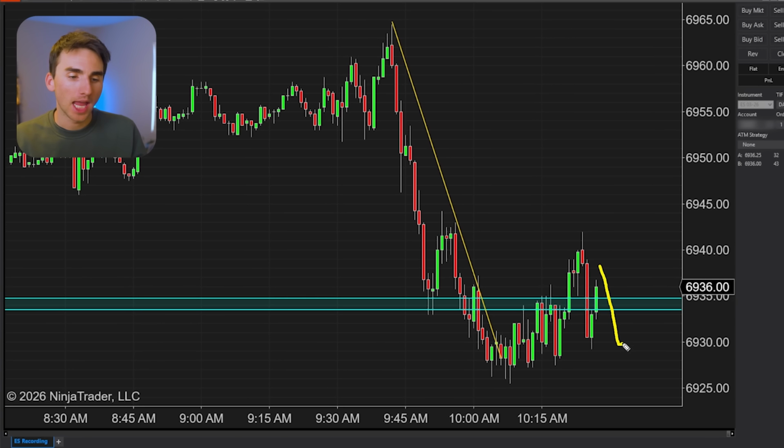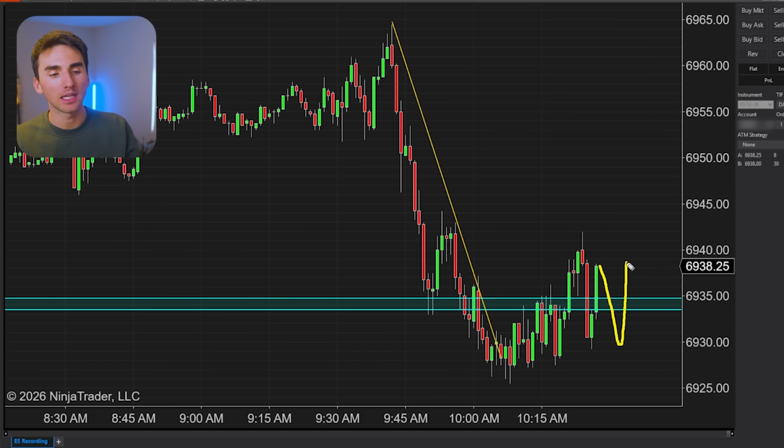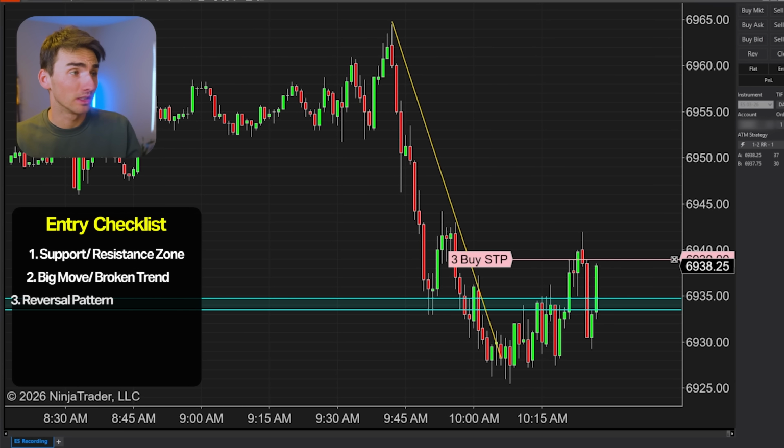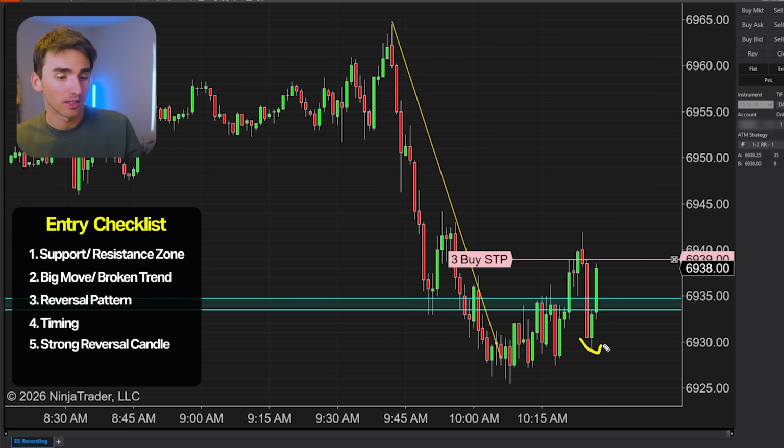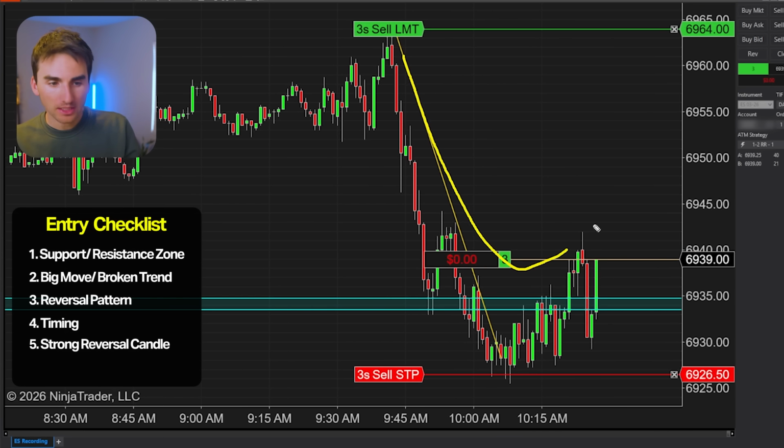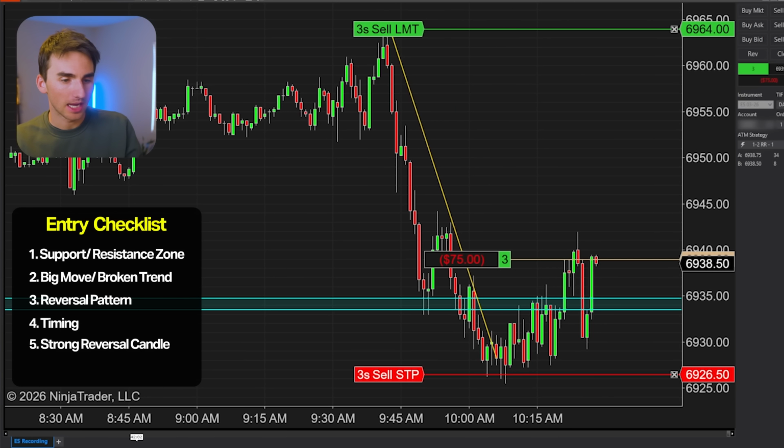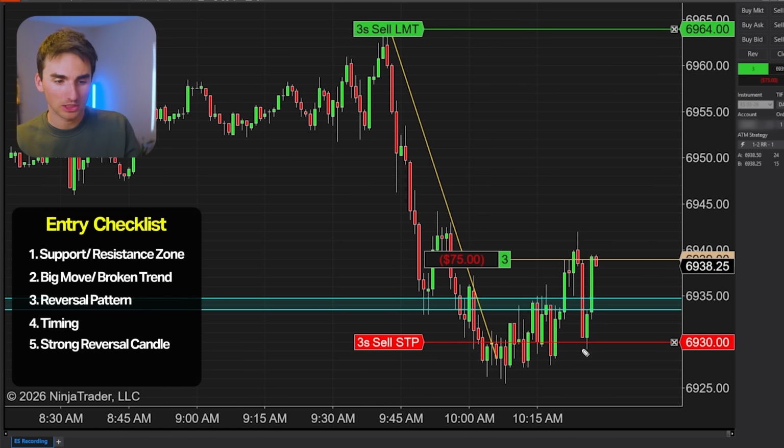It attempted to go lower and it tried really hard and it just gave up, the sellers dried up and buyers came in and bought the heck out of it. And so that's where I say, okay, that's a really nice confirmation of a higher low, confirming this bottoming pattern at the timing I like, at a support zone. All of these, my checklist is lining up, and then I get in long,